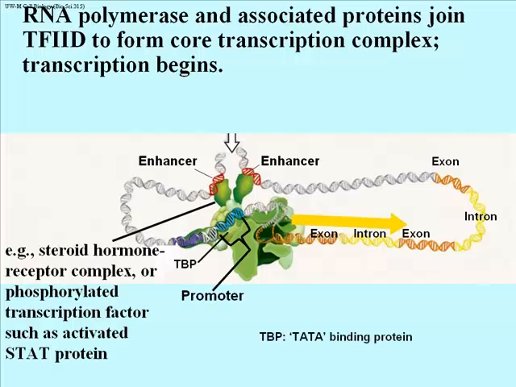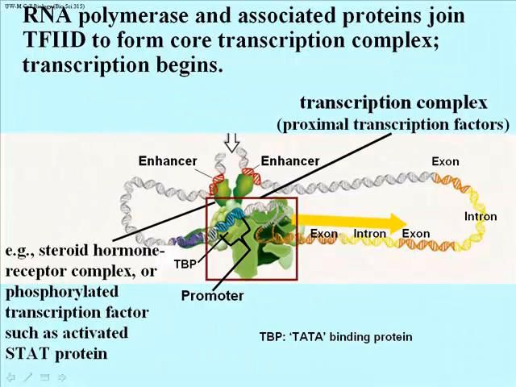There's our promoter. There's a protein that helps the RNA polymerase situate itself in the right position so that transcription can begin. This protein is called the TBP, or TATA binding protein. Remember that the promoter has a sequence in it, in most cases, of TATA, or the TATA box. And so the TATA binding protein is one that is designed to recognize and bind to that sequence, and in so doing, allows other components of the transcription complex to assemble. Eventually, the last of these is in fact the RNA polymerase. So there's the complete transcription complex.